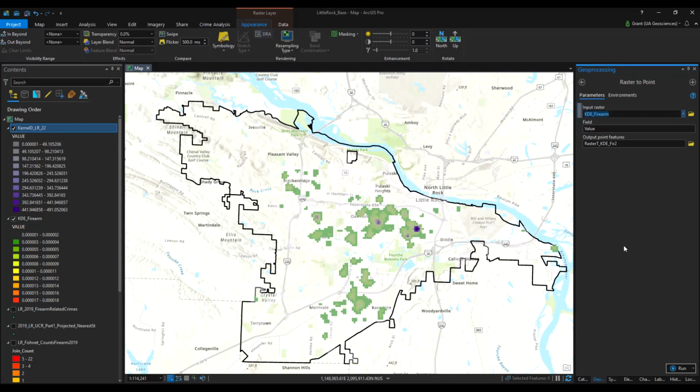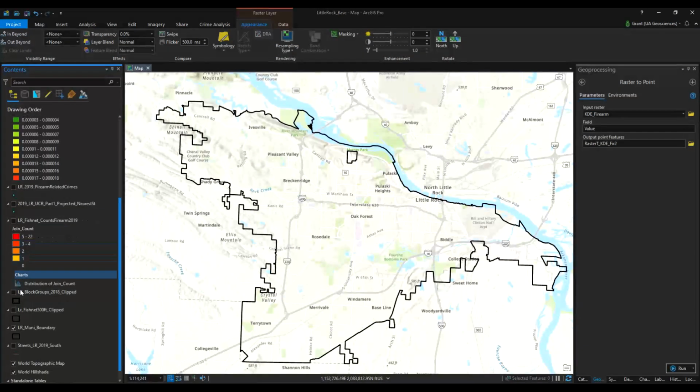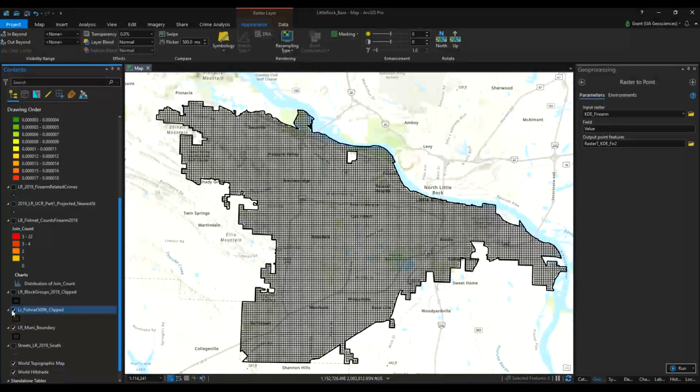So maybe that's my fault of not understanding why I won't go to polygon, but it will do a point for us. So you could take the points, and since we already have, if I turn this off, our grid here, you could do a grid afterwards. So if we have our KDE raster output, it's going to save there, which I'm fine with. If I just hit run,